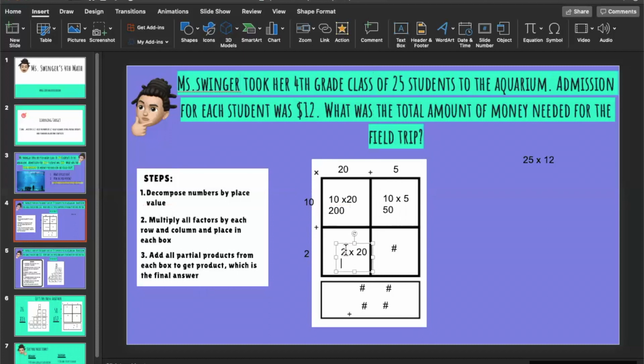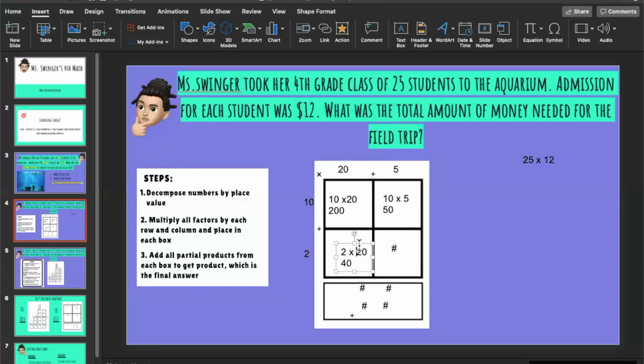That gives us 40, because 2 times 2 is 4. And our trick when we're multiplying by 10 is that we can always add that 0 back in based on the number of zeros we have. Remember that? So yes, 2 times 2 is 4, and then there's 1 zero, so I put the 1 zero behind my number here. And in the last box here, I need to multiply 2 times 5,